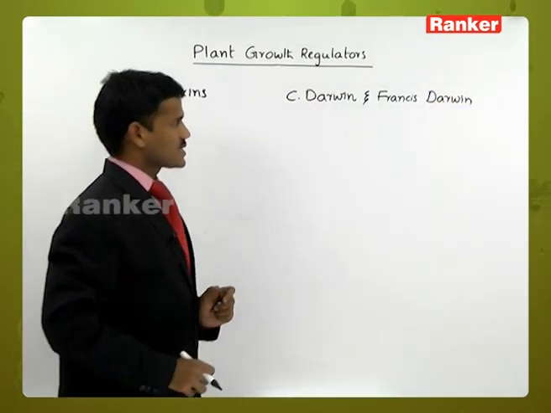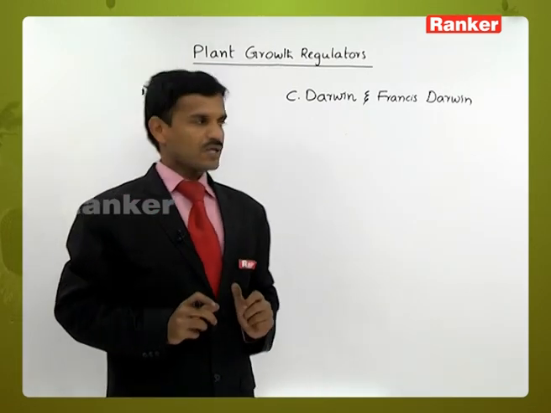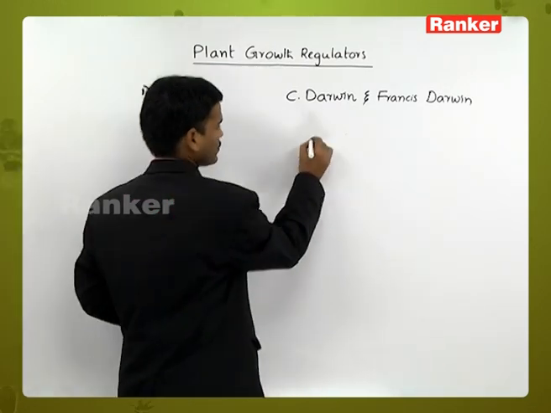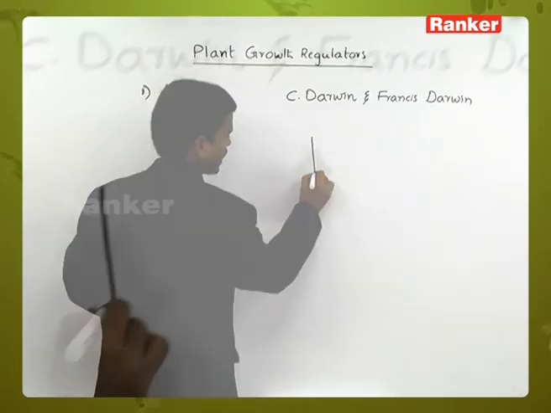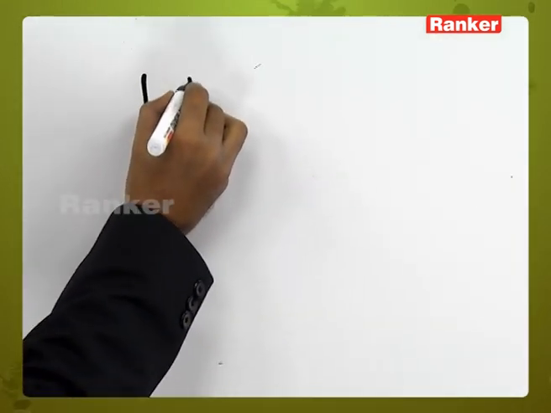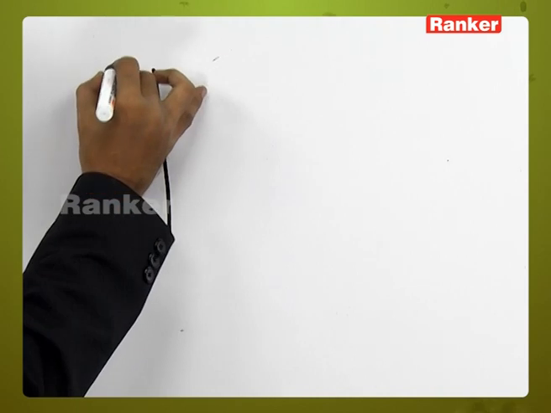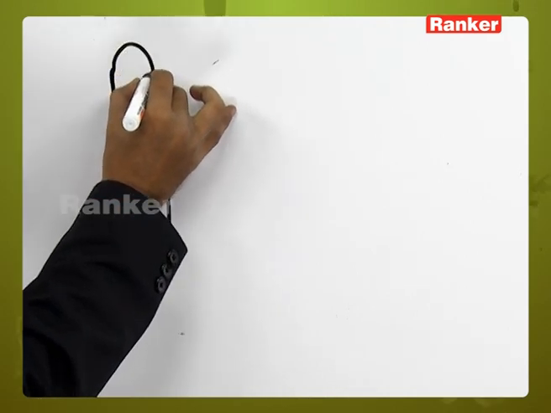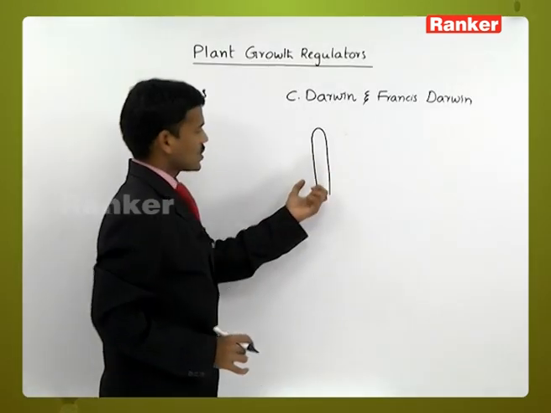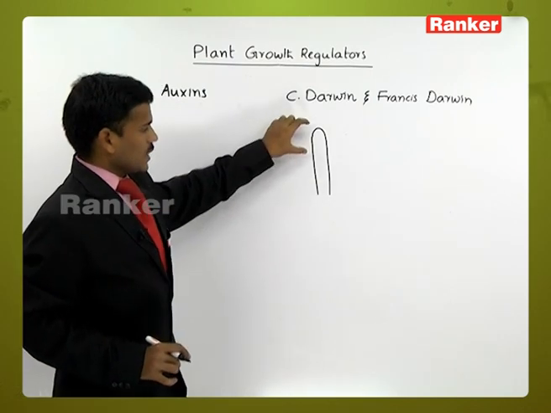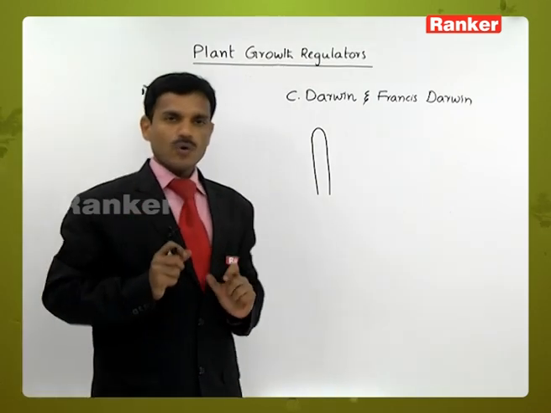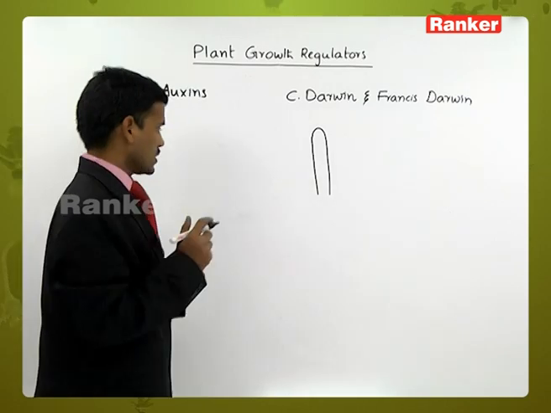Charles Darwin and Francis Darwin observed the coleoptile of canary grass. So it is the coleoptile. The coleoptile means, in monocot plants, in the monocot embryo,